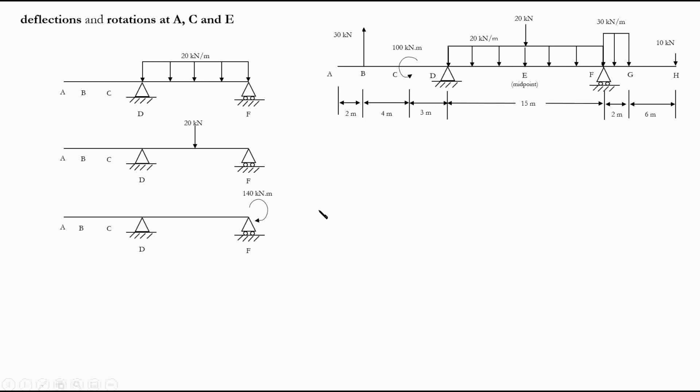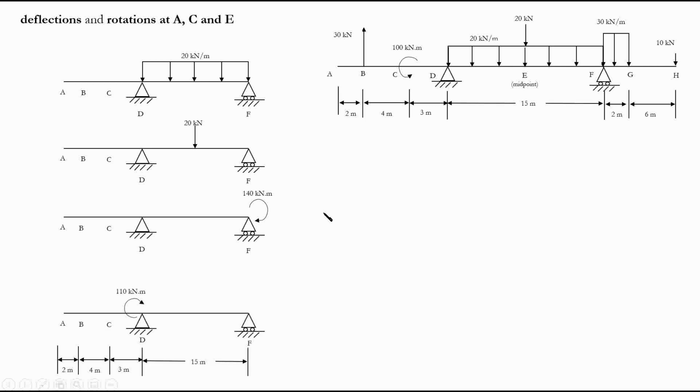We'll do exactly the same thing for the left overhang. For the left overhang, we can say 30 multiplied by 7 minus 100, because this one is in the clockwise direction, but this one is in the counterclockwise direction. So in total, we'll have 210 minus 100, or 110 kilonewton meter in the clockwise direction, the direction that this force is acting. Now,